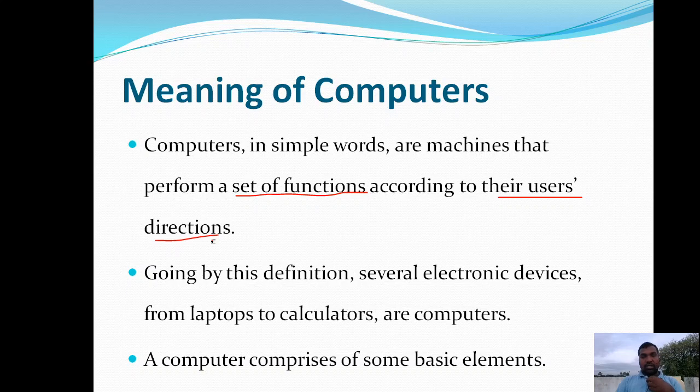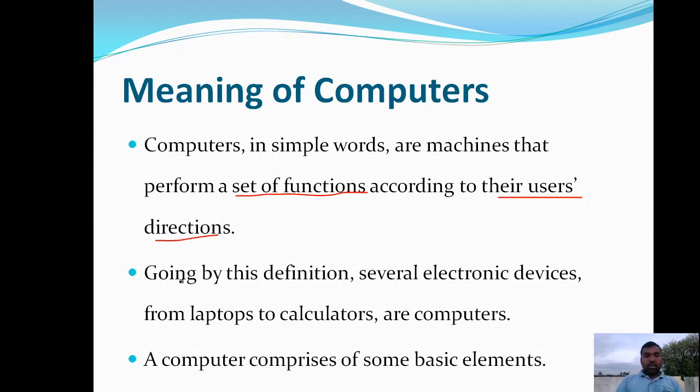They are going to perform a set of functions or operations according to the user who is using that computer and giving the directions.